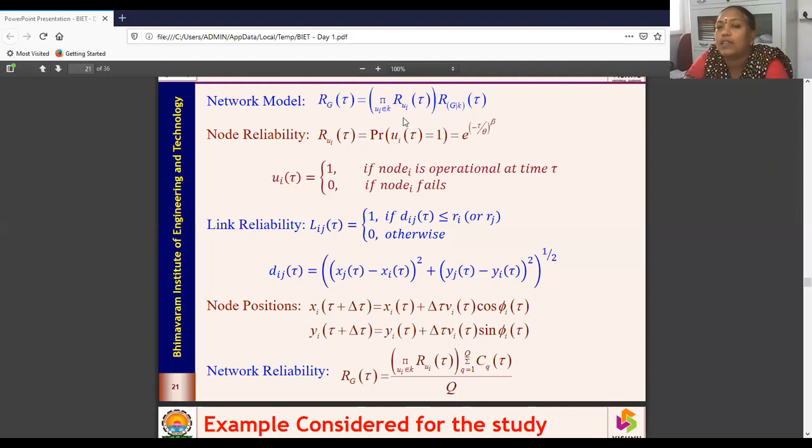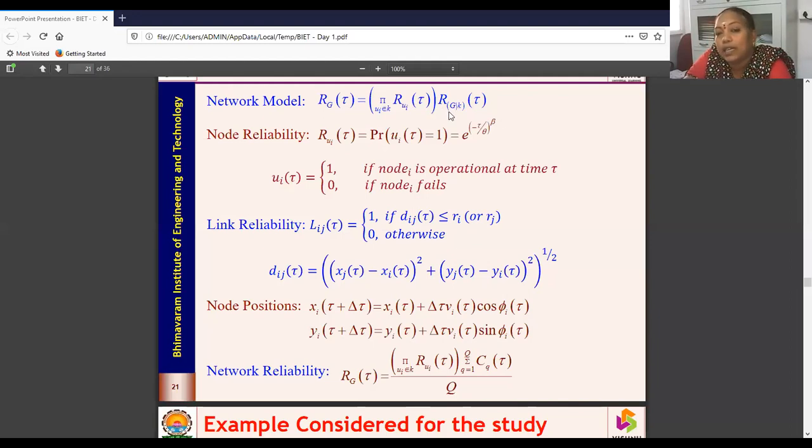Initially, if we assume the reliability of a node is 0.9, all the nodes are homogeneous. So I take the reliability of all the nodes initially to be the same, 0.9. So for the third node it is 0.9. If I say 3 nodes, it's going to be the product of all the 3 nodes multiplied with